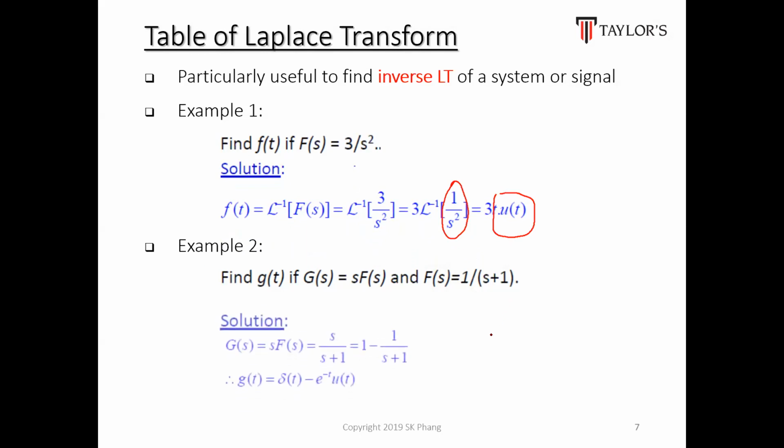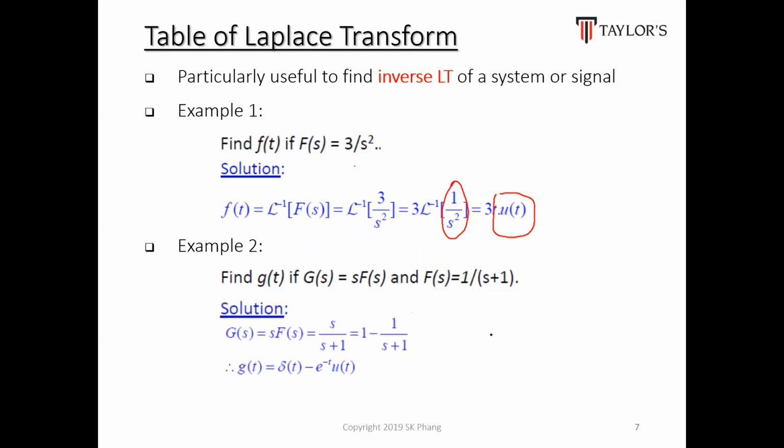Okay, similarly for other forms, let's say you have s over s plus 1, where you cannot find this particular inverse Laplace from the table. What you can do is make it a proper form. Proper meaning that you have numerators over denominators, right? Usually you can find the inverse Laplace if your denominator has higher order than the numerator. So it needs to be higher order, meaning that let's say